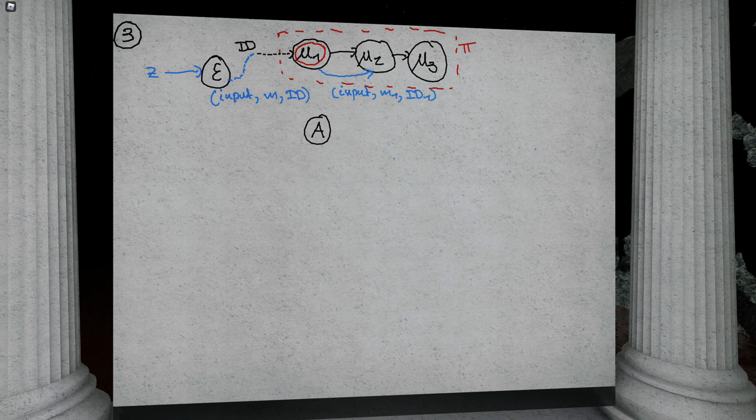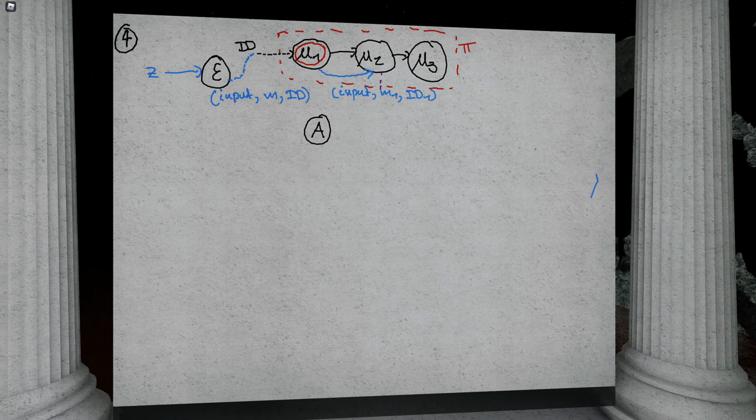Okay? Now mu2 runs for a while, thinks about it, and let's say that mu2 is actually a corrupt machine. So it's now going to say, okay, I'm going to collude with the adversary. You could imagine perhaps this is some kind of setup where you have a key server. Maybe the key server is compromised. Machine 1 is trying to get a key from the key server, and the server says, I'm going to talk to the adversary now to try to break the protocol. I'm just constructing a hypothetical scenario here.